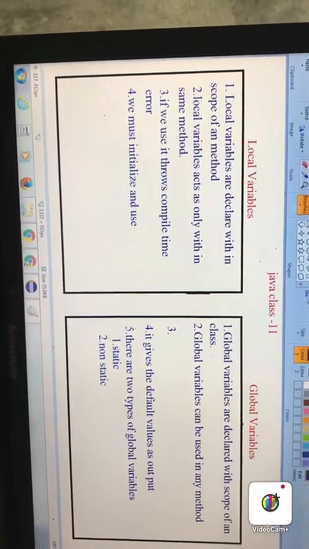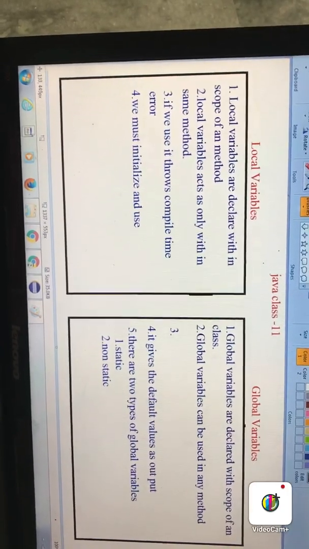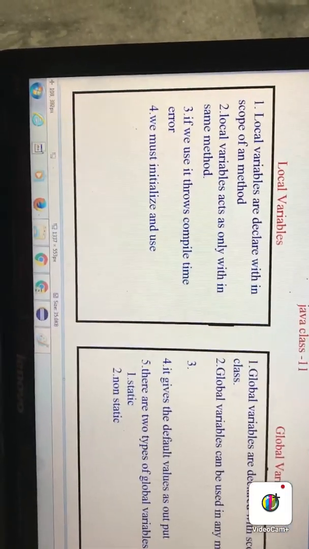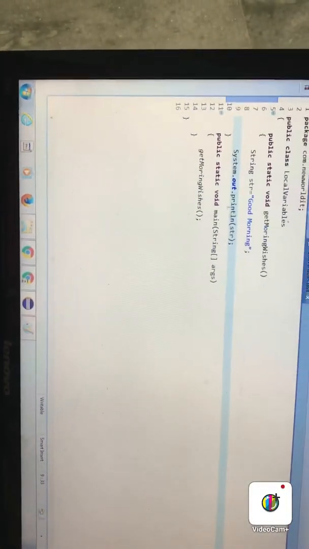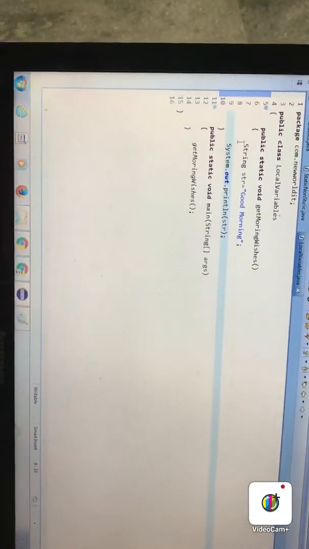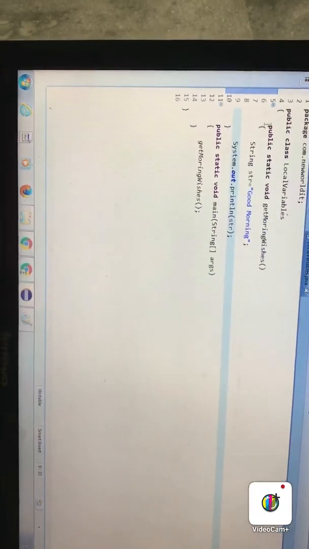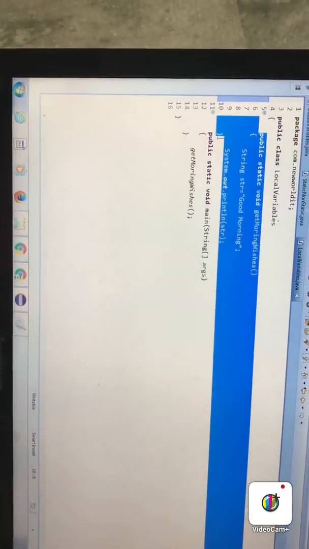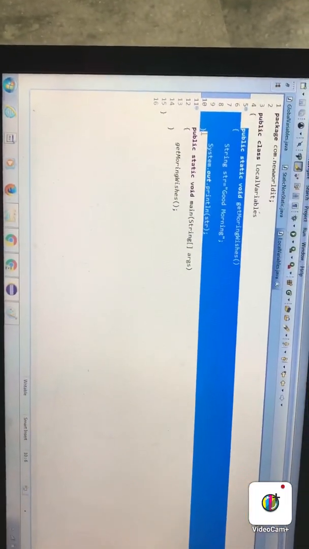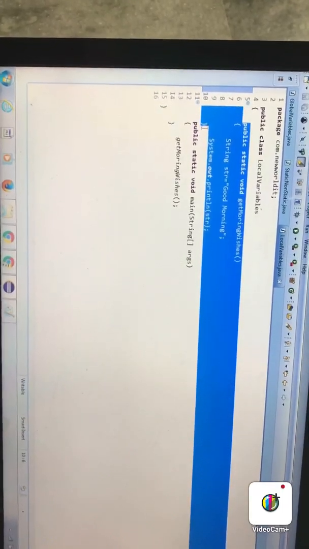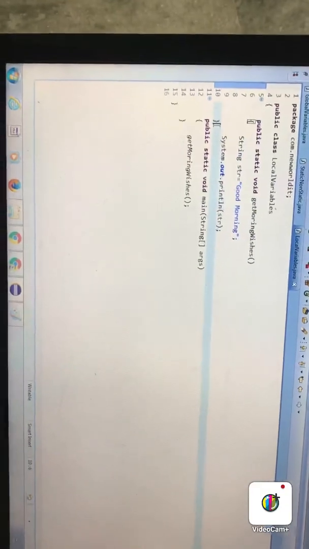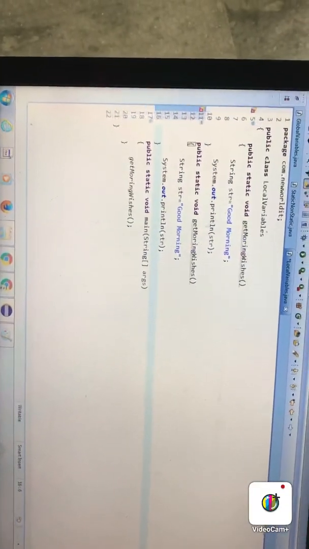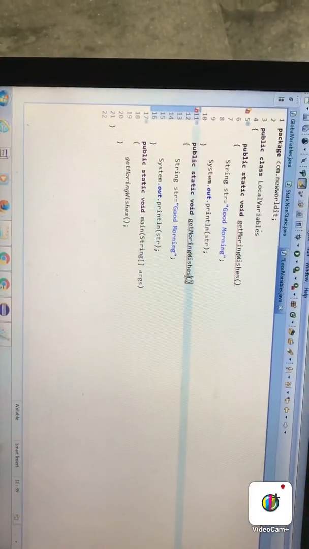So here, as we know, we have checked also, but anyway I am going to say once again. If I create one more method, I am taking the same example, guys, as I said below.